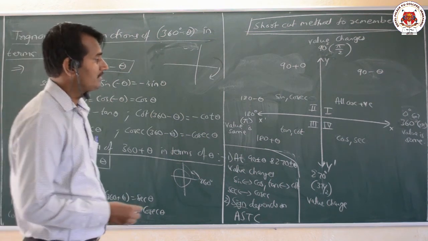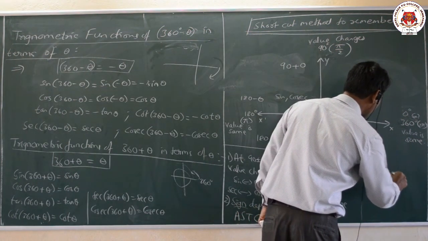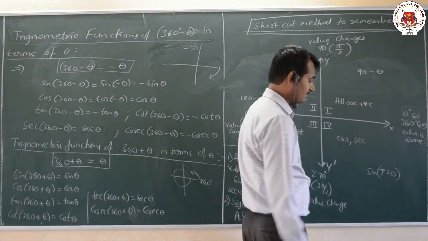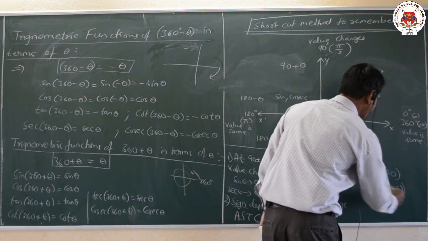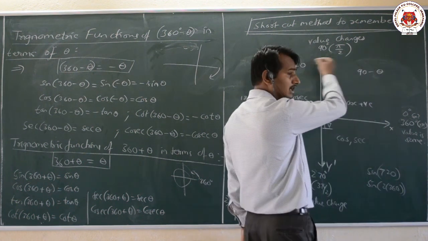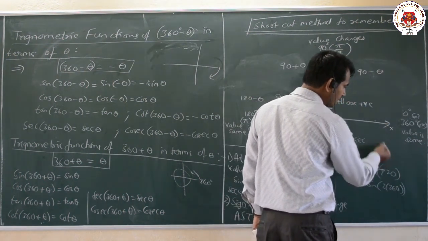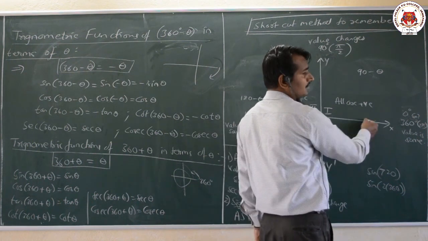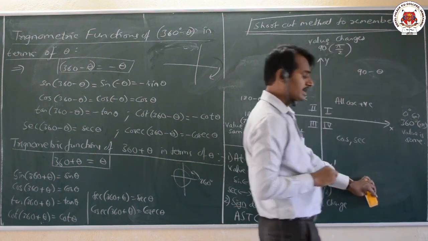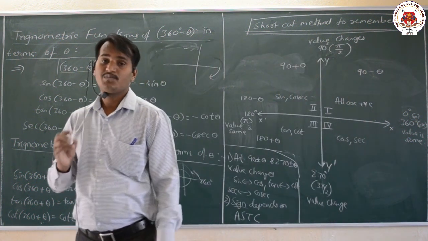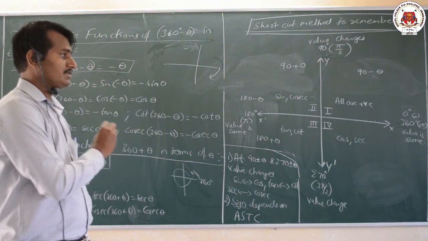One more thing we have to remember is sine of 720. Sine of 720 is sine of 2 into 360. That means after one complete revolution it repeats. After 360 it repeats, so 2 into 360 means one revolution and then the second revolution. Is it clear? Now we shall study these kinds of problems, that is our exercise number 3.2, which we shall continue now. Okay dear students, before going to that, please pause the video to note it down.